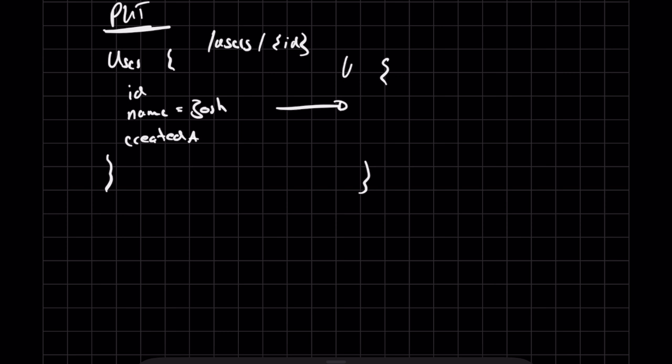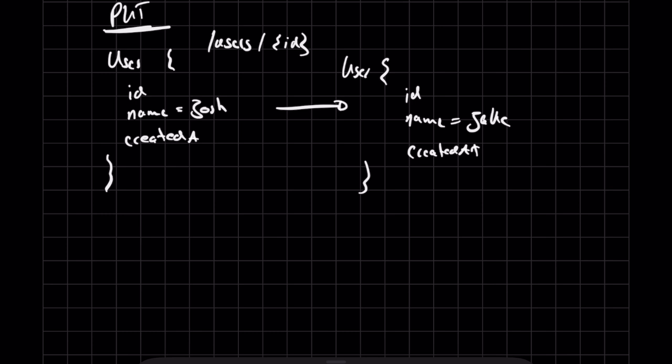So we send a request with the user, and now, according to the spec, to the way put is intended, we have to send a full representation of the user. We have to send the ID, we have to send the new name, and we have to send the created at field. And the new name would be, let's say, Jake. Now it's Jake. And one very important property of put requests is that they're idempotent.